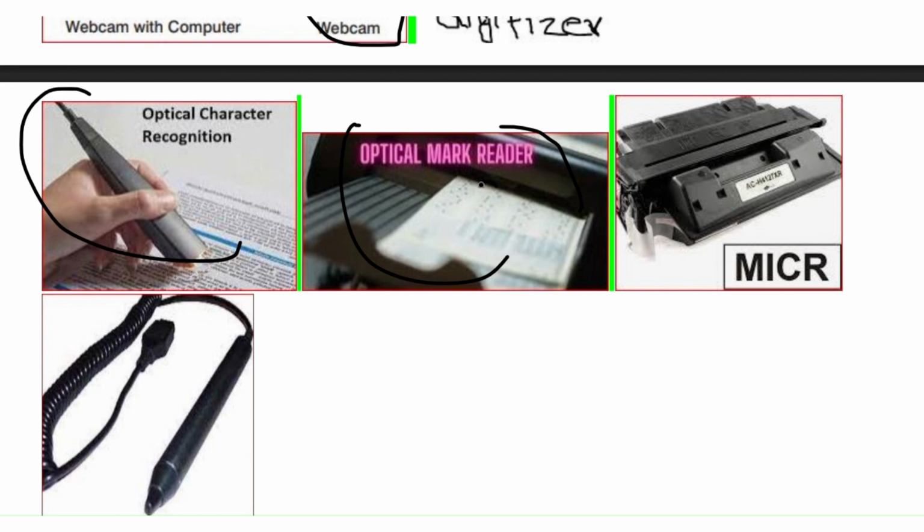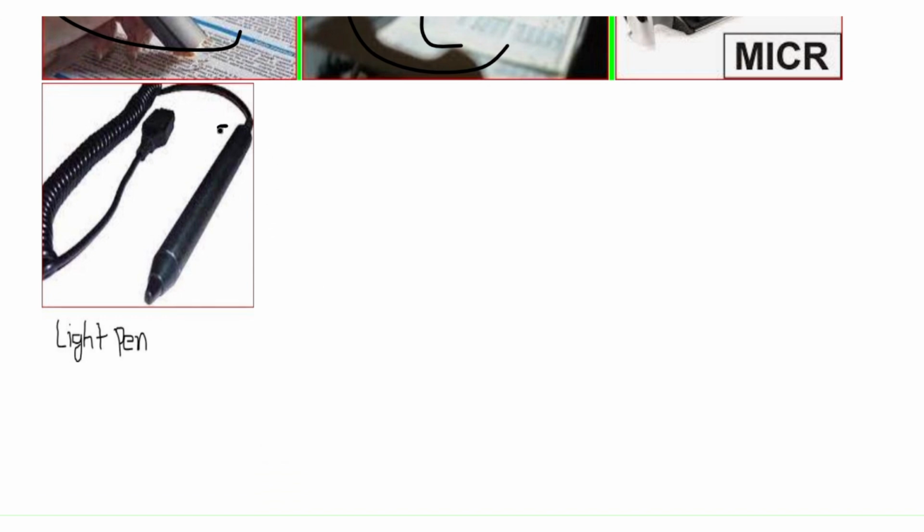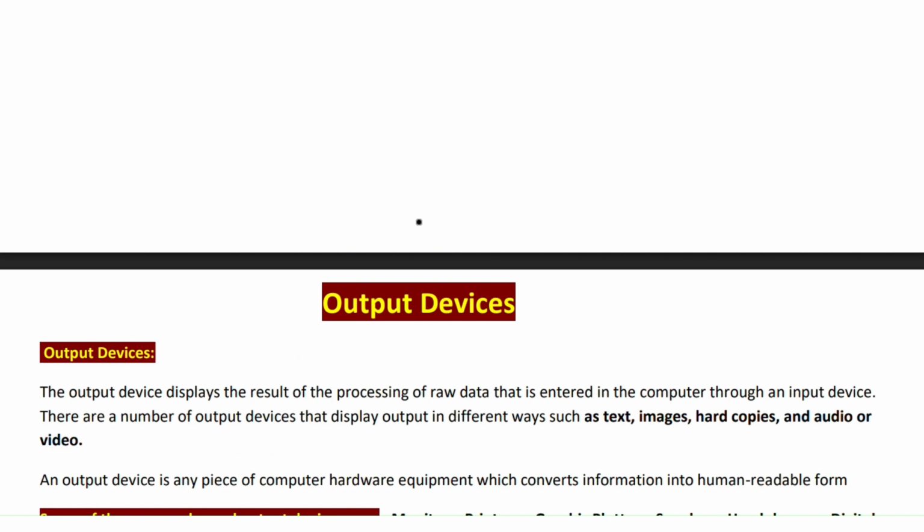ऑप्टिकल मार्क रीडर ऐसा होता है. ये OMR सीट है, ये डिवाइस है, उसको मार्क कर रहा है. MICR ऐसा होता है. और लाइट पेन, ये होता है लाइट पेन। ठीक है, I think that's it. इनपुट डिवाइसेस खत्म, अब आउटपुट डिवाइसेस